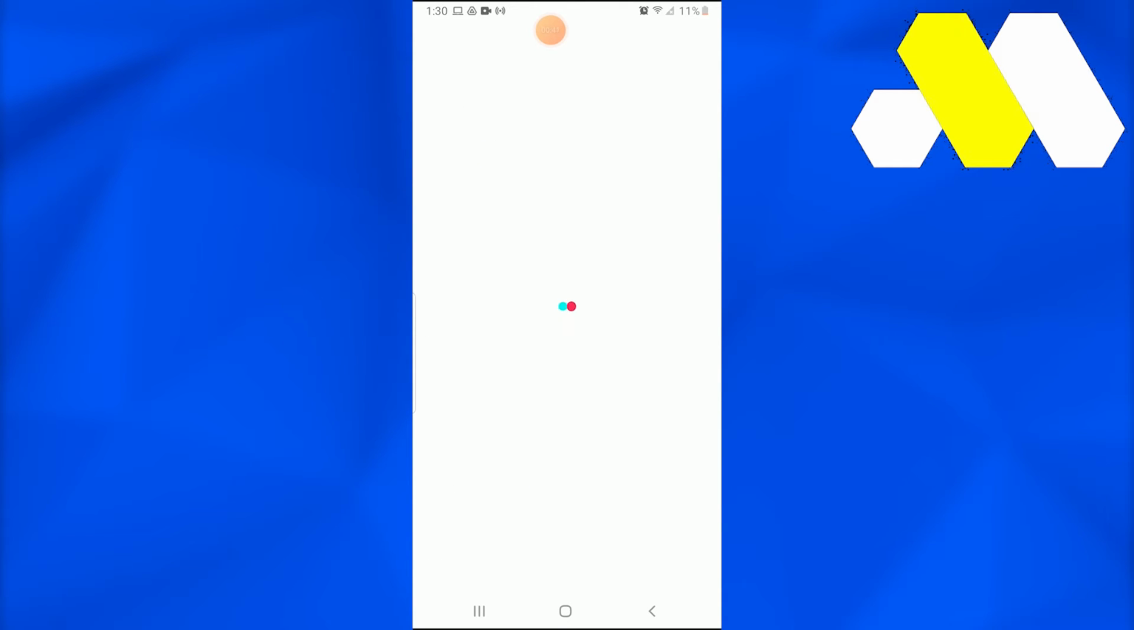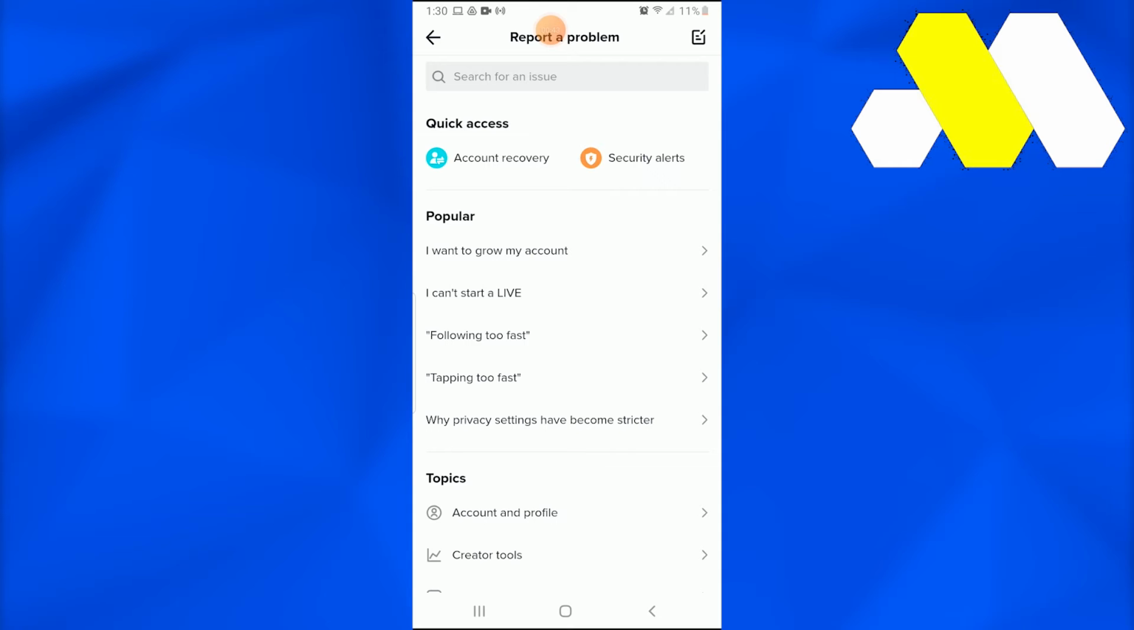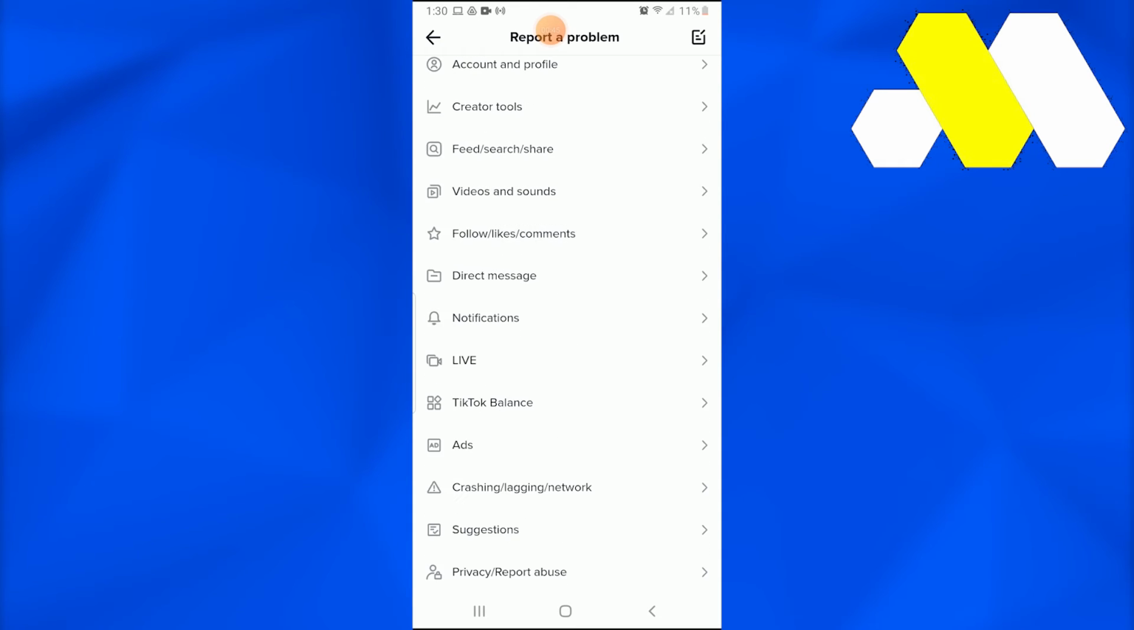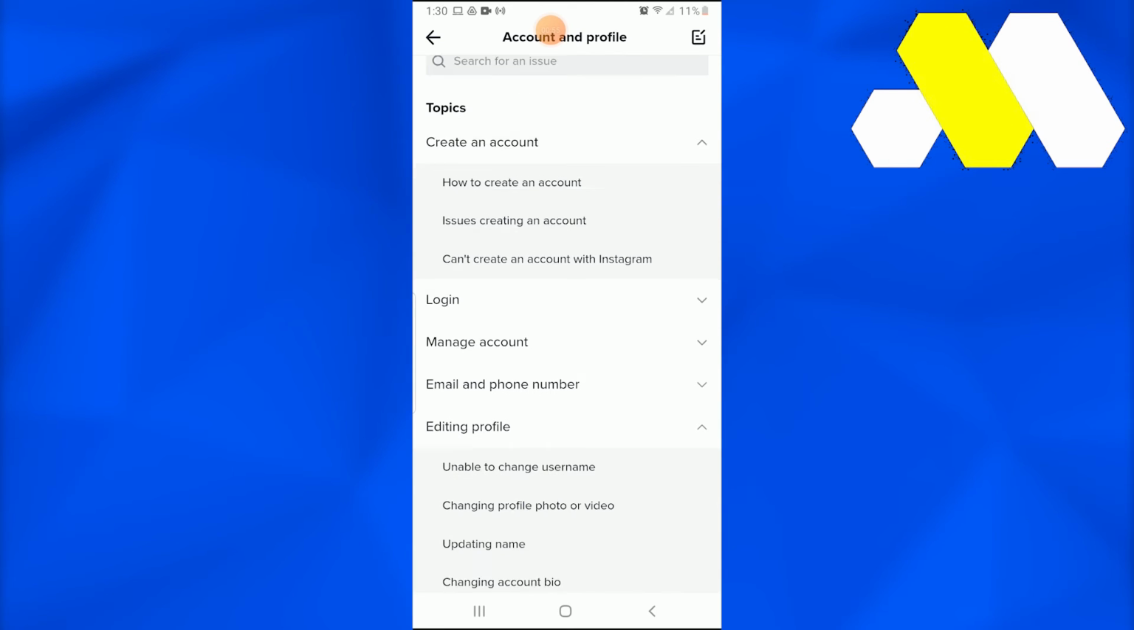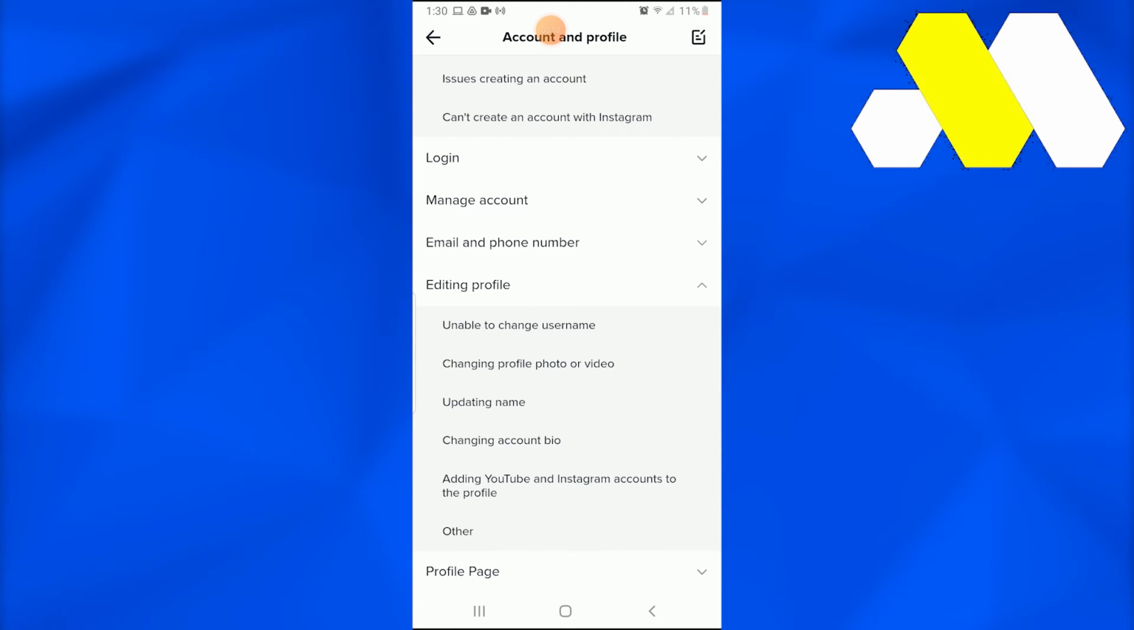Once you get there, a new page would appear telling you a lot of things, down which you're going to go into Topics and Account and profile. In Account and profile, just go into Editing profile. That would be in the topic of Login, Edit profile, and in Editing profile go into Other, and just